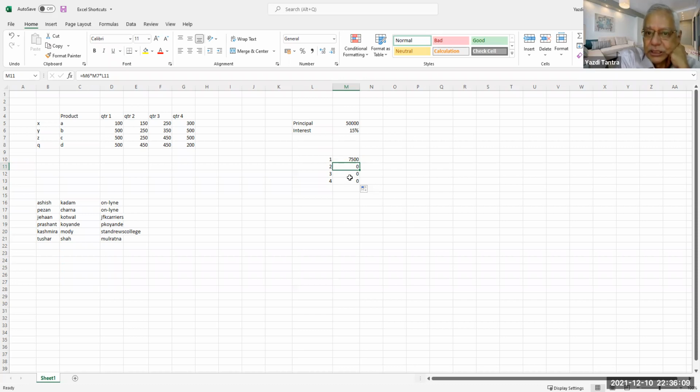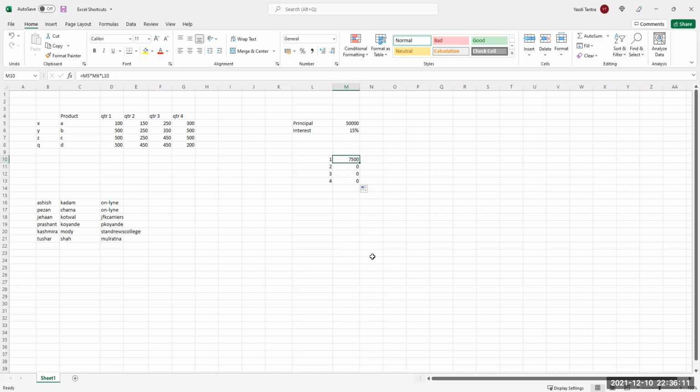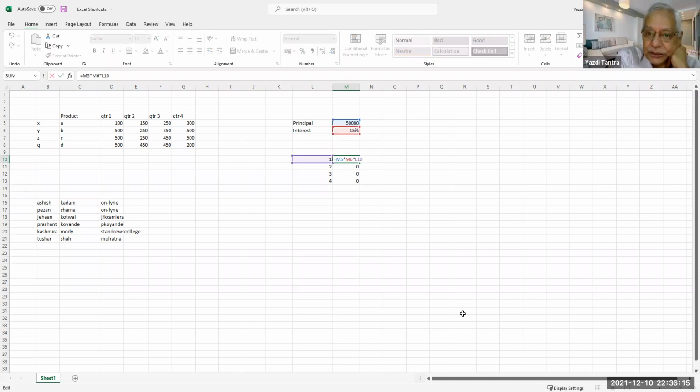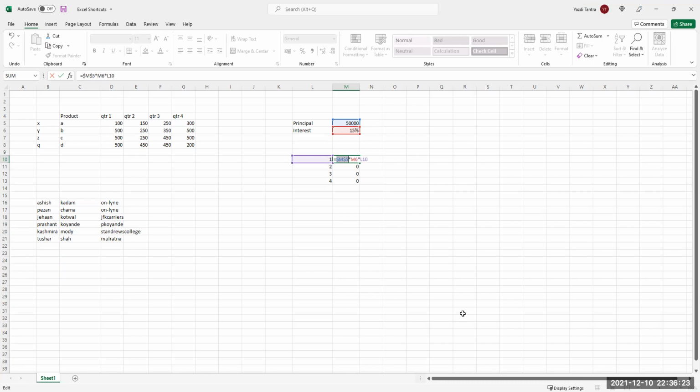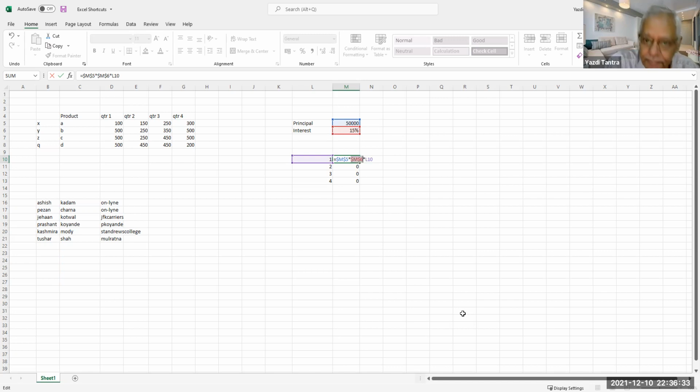So to put that dollar sign or something? Yes, so when you double click here and you want M5 and M6 to be constant, here I press F4 and it says $M$5. And when I come here, I put F4, $M$6 into L10.